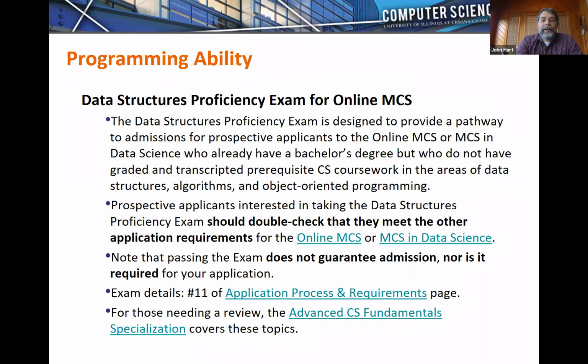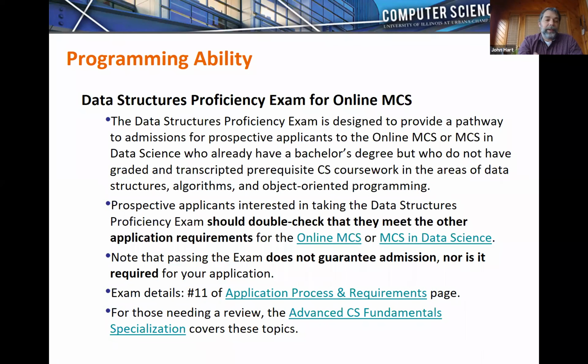So we have many students that come to us with a bachelor's degree not in computer science, and we've designed the degree to accommodate that, similar to getting an MBA or some of these other master's degrees on top of a different discipline's bachelor's degree. So if you come to us and you don't have data structures, and data structures is a key prerequisite of all of our graduate level computer science classes, if you have those other prerequisites, if you have a programming class,